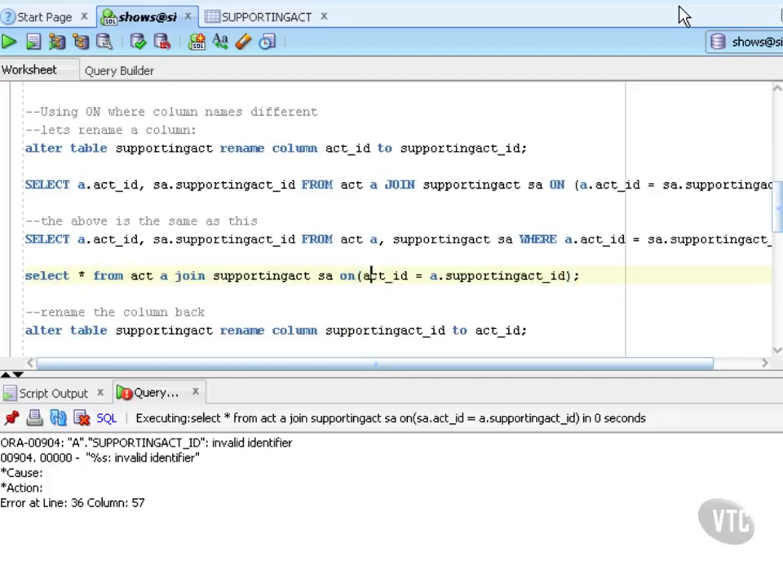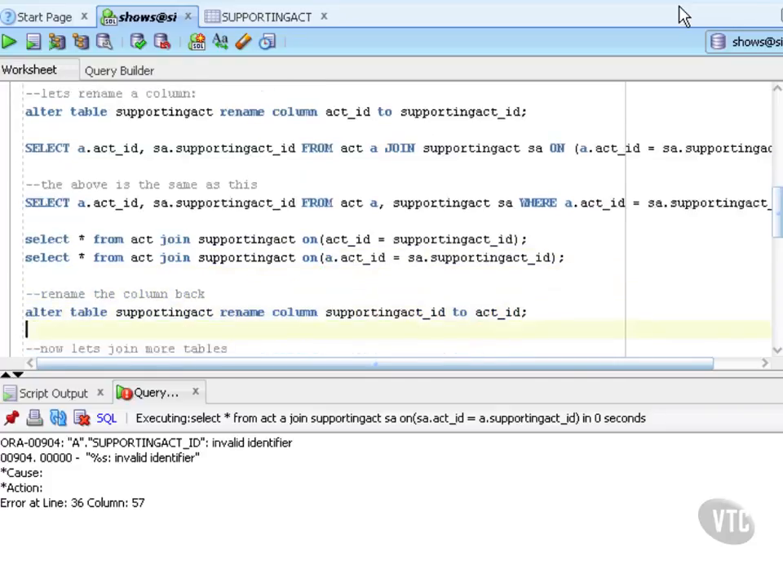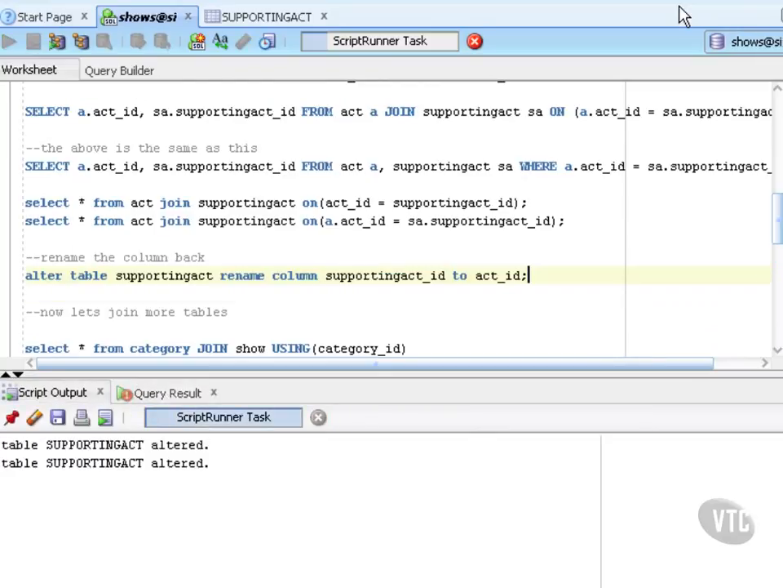So let's just make this a valid query again. In fact, what we should do to store it in the work file is we should do this. Select star from act join supporting act on a.act ID equals sa.supporting act ID. So now we can actually rename the column back,